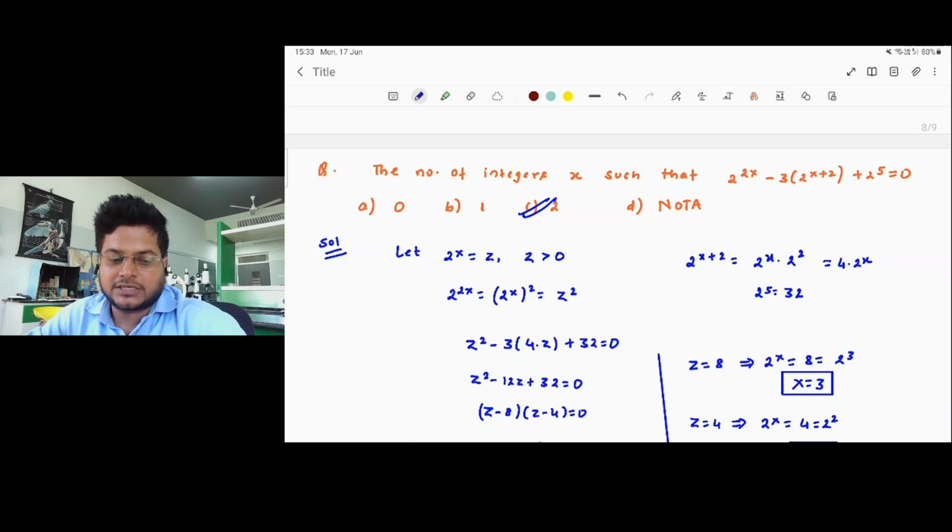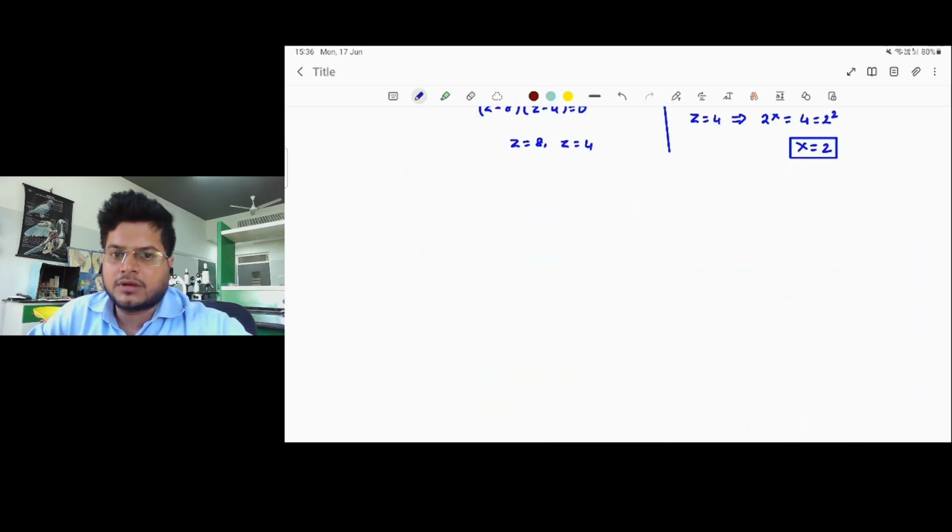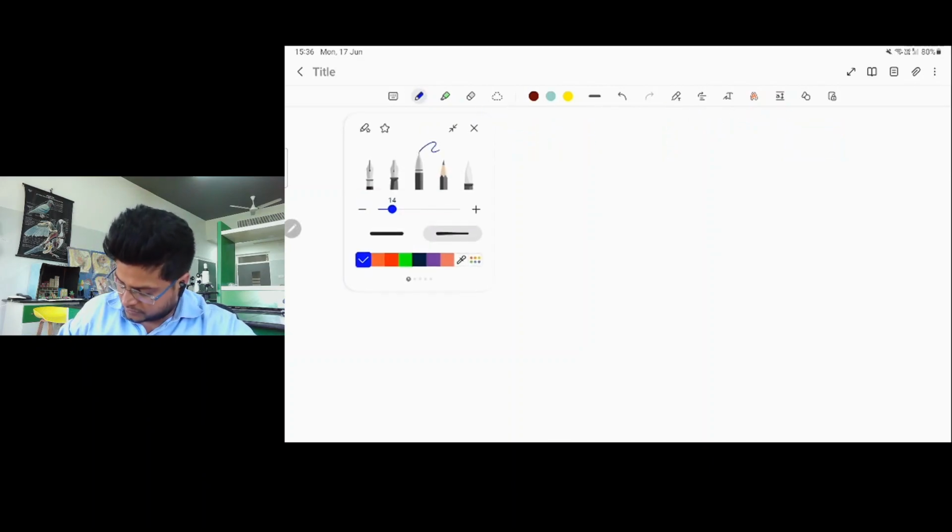So again, my expectation is same. In case you have got the right answer, do let me know. Okay. So let us move to the third question. Right. So we are done with the second question. Let us go to the third question. The third question is